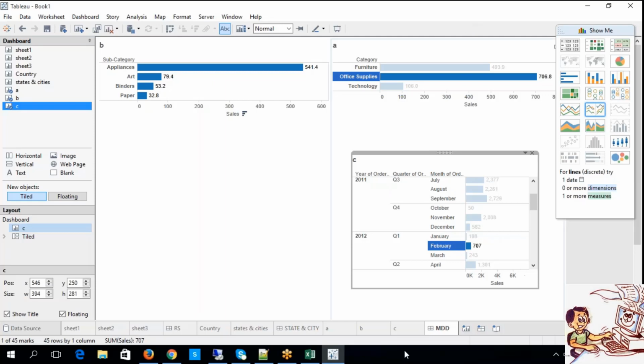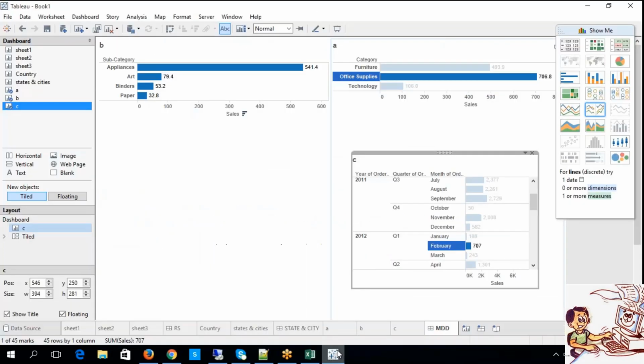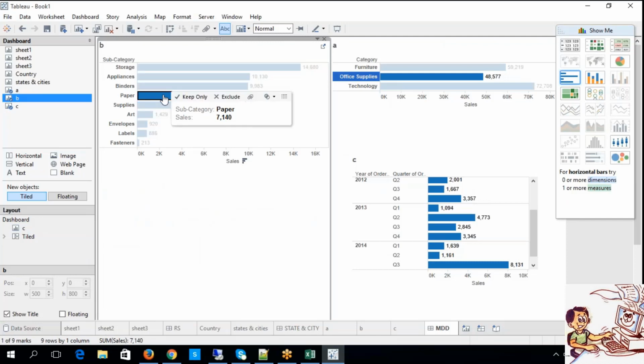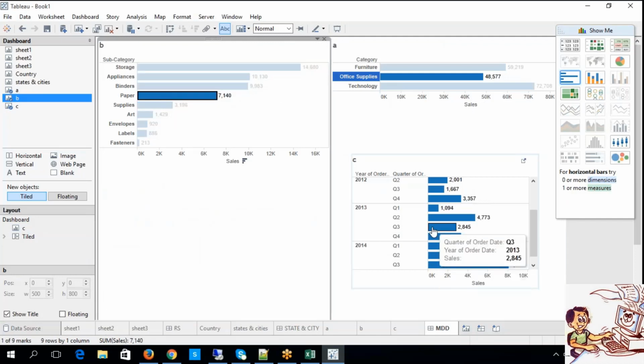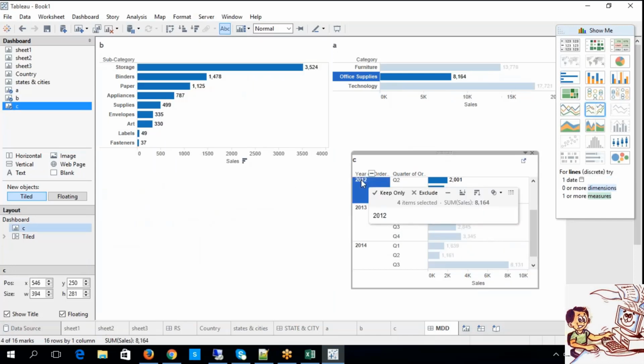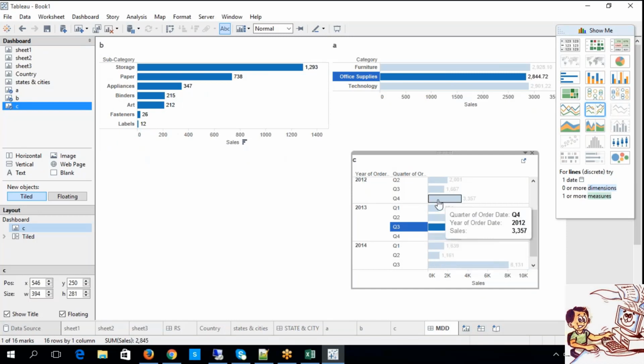Now your point will come into the picture with index. With index, but that filters is similar to what Aman said, but not exactly. Filters in the sense of the actions. The moment you select a particular row, it will show you the corresponding values, isn't it? But imagine that you have a bunch of data like 2012 to 2014, 2016, something like that, over a period of time. Then if that is the case, this kind of functionality will be easily helpful.